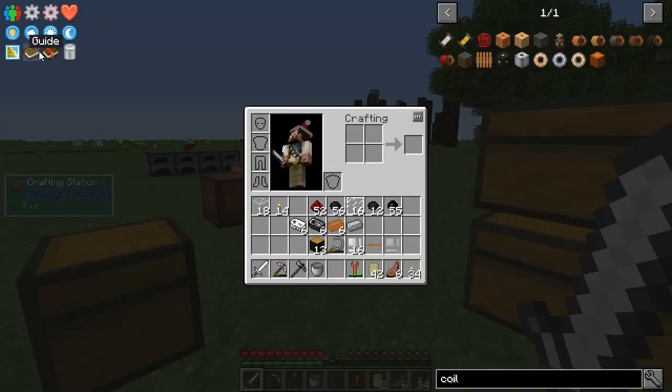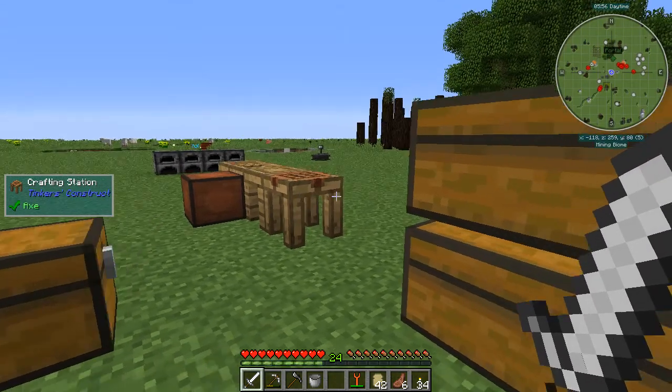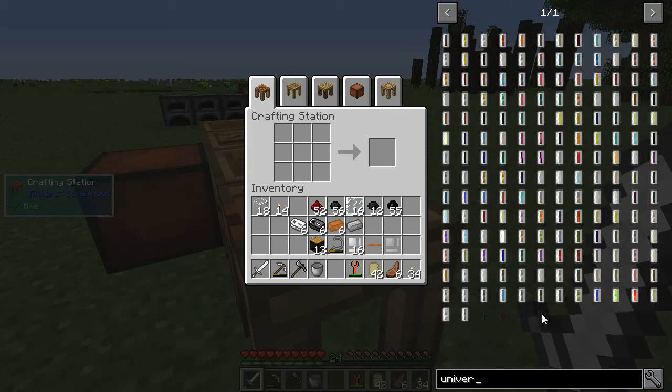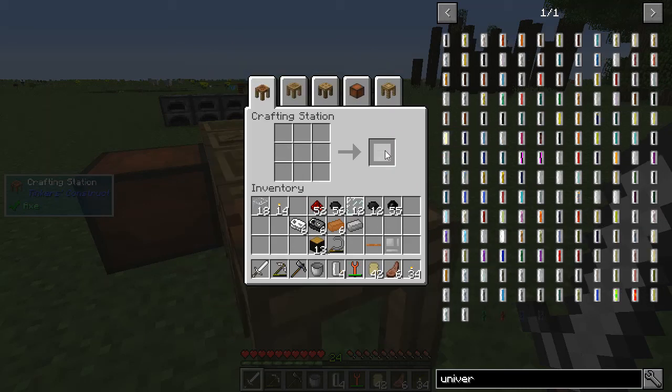Because the next thing I need, if we go look at the book, it says we need heat when you're trying to connect the orange dots on the machine. All right, so I need to connect the orange dots on the machine. I can do that. The blast furnace also needs universal fluid cells filled with air, which you can get from the compressor. So the universal fuel cells